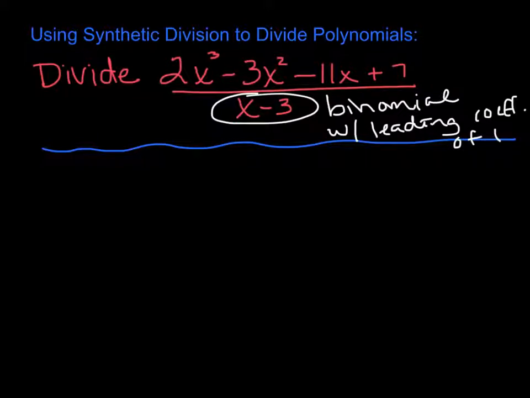Okay, so I have before that x minus 1, so this is a perfect example of when synthetic division works. But if that were something like 2x minus 3, I couldn't use synthetic division. All right, synthetic division is nice and fast, so this is what you do. The idea is when I'm dividing by x minus 3, I'm really testing to see